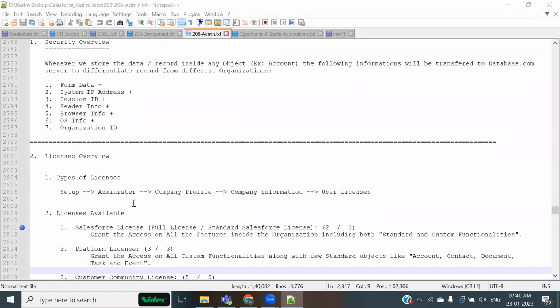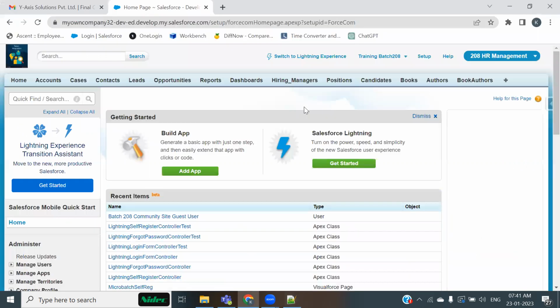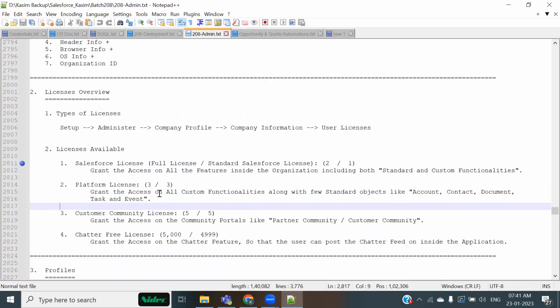So we have seen what is meant by internal and external users. Moreover, we have also discussed what a Salesforce community and digital experiences are, and how to build up the community. Also, I have given you an introduction to that. Now let me start with the kind of licenses we are going to use and what is meant by